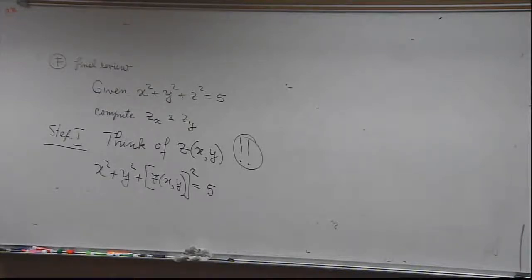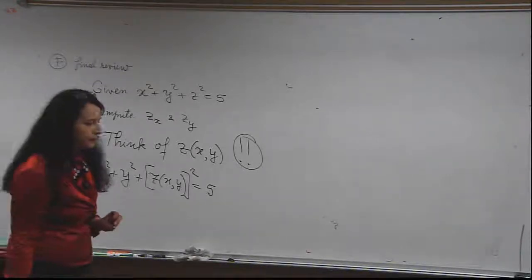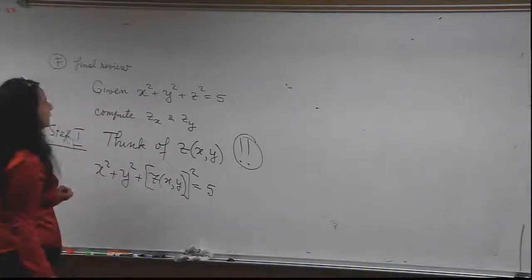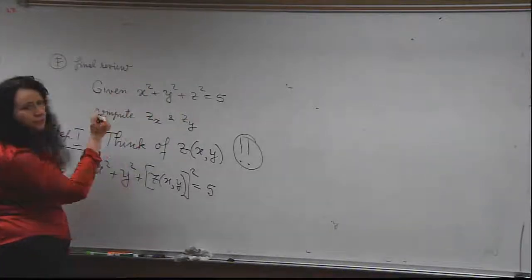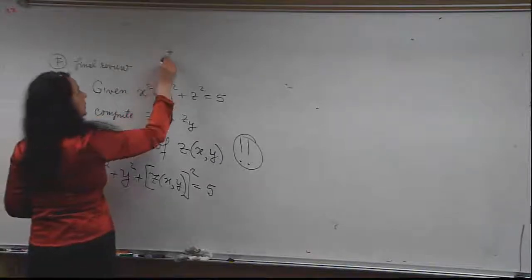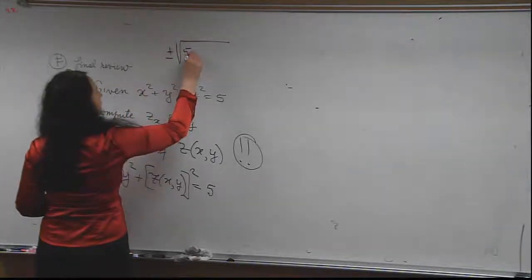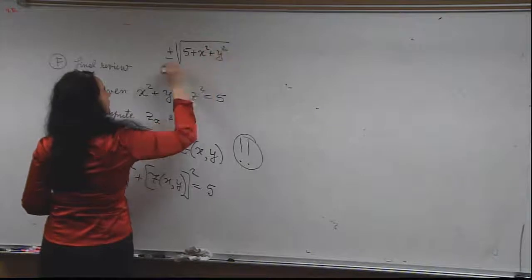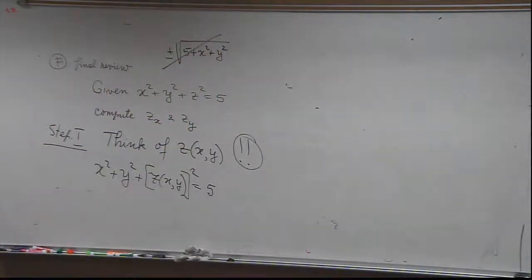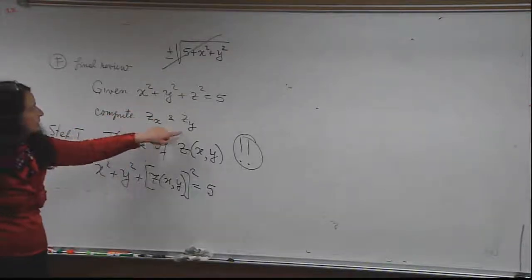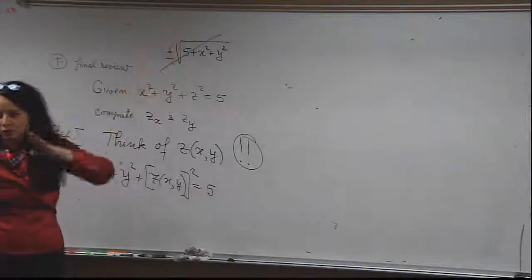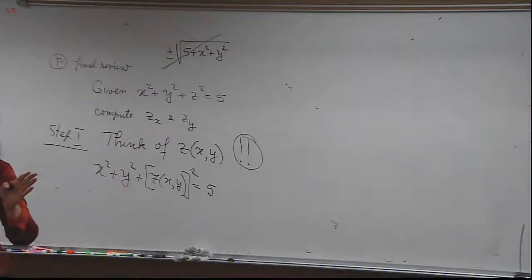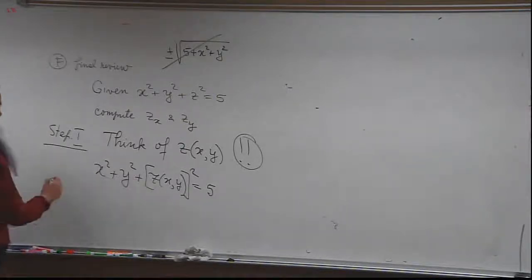Well, why don't we just solve for z? No. Solving for z would make your life a little bit harder. The whole idea in implicit functions is that you don't separate them. If you are going to separate them, you have to separately differentiate these, and it's a headache. It's easier, actually, that's a good question. It's easier to do z sub x, z sub y without splitting into two cases. Okay? Step 2,